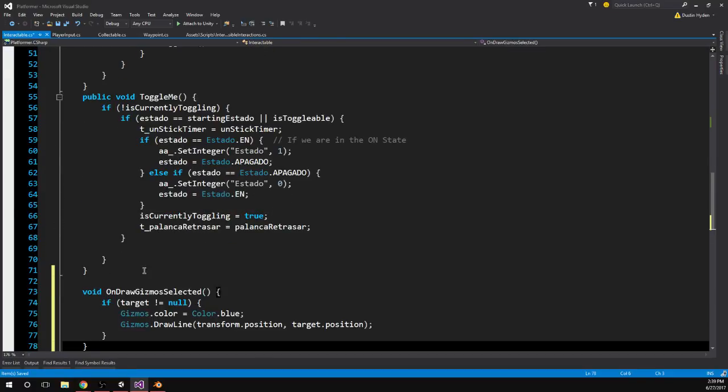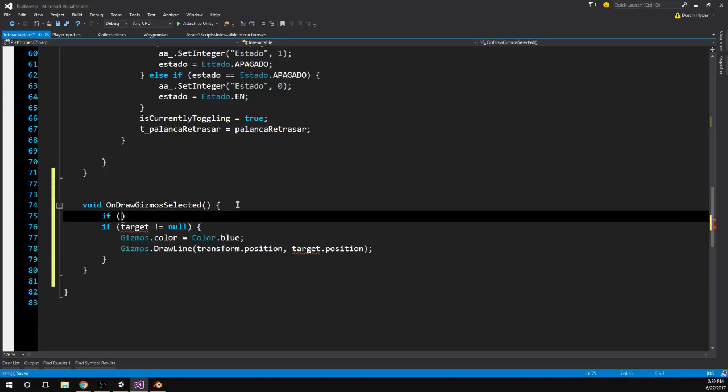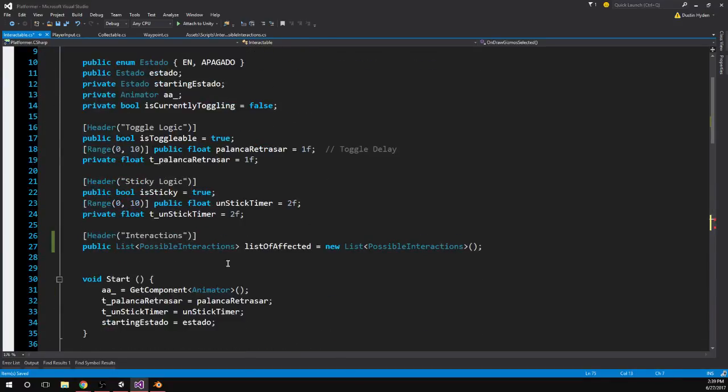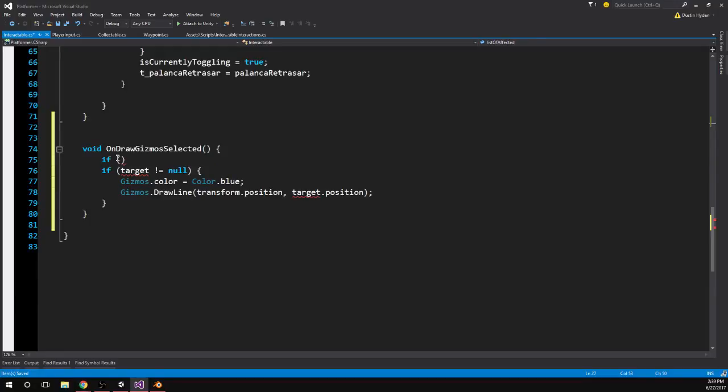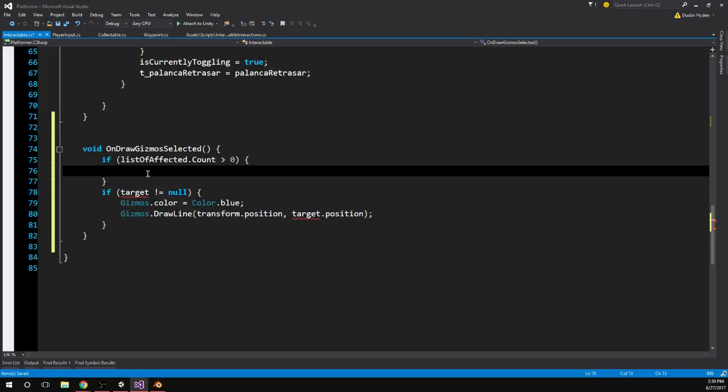All this is going to do is just show us, I got to change this, but it's just going to show all of the connections that this has in edit mode so we can see what it's doing. You'll see in a second what I mean. So if list of affected count is greater than 0, I mean we actually have one, then we're going to set transform